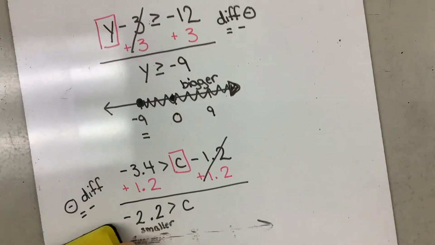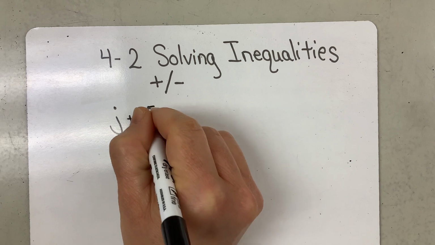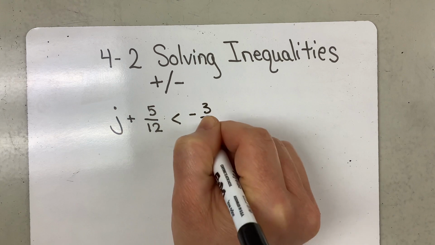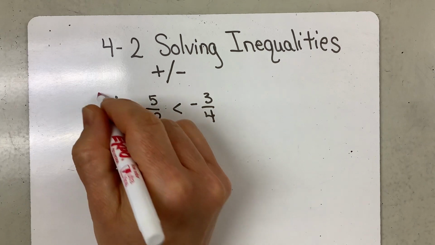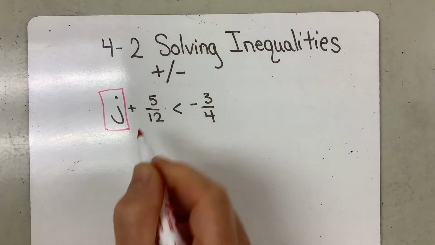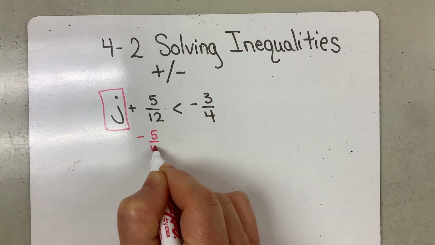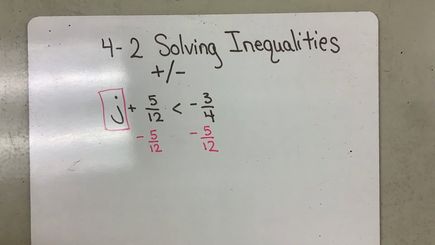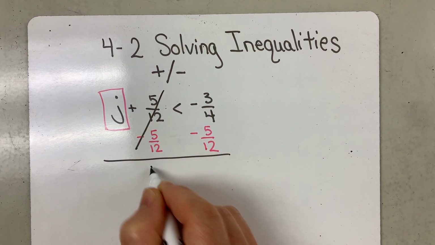And let's try a fraction one. So we're going to look at J plus 5/12 is less than negative 3/4. Again, I want to solve for my J. I need to get rid of this 5/12, so I'm going to do the opposite of plus. I'm going to do the inverse operation, which is the minus or negative 5/12. These cancel out and give me that 0 pair, so J is less